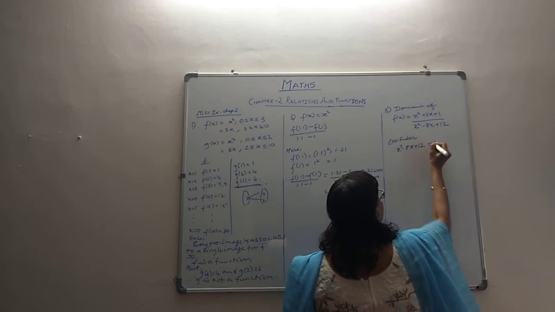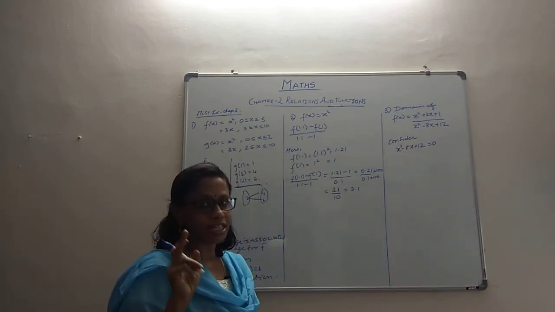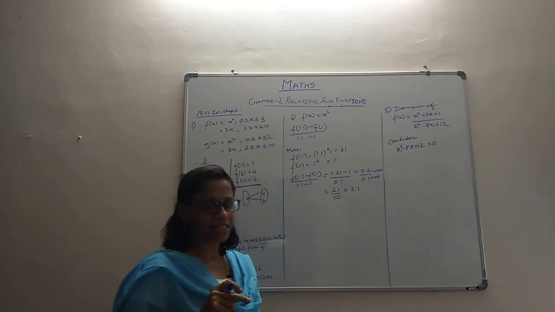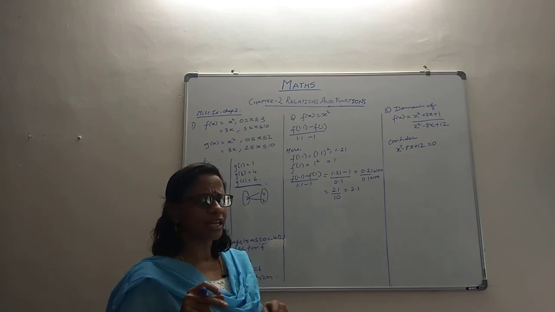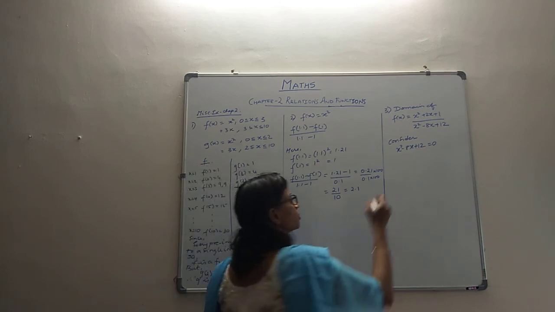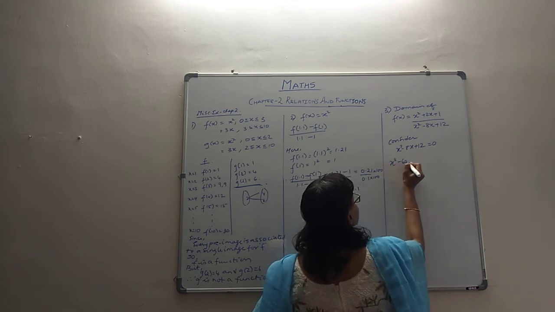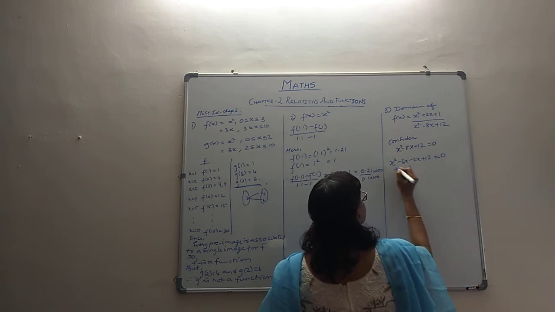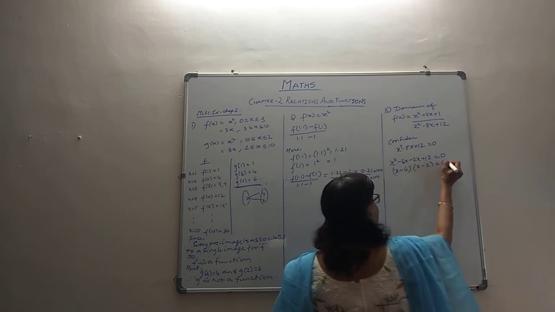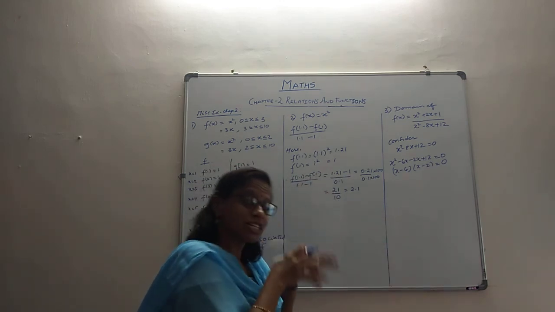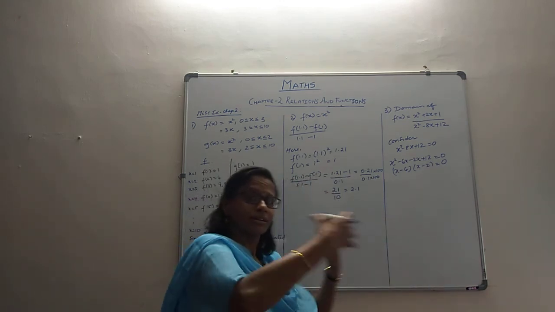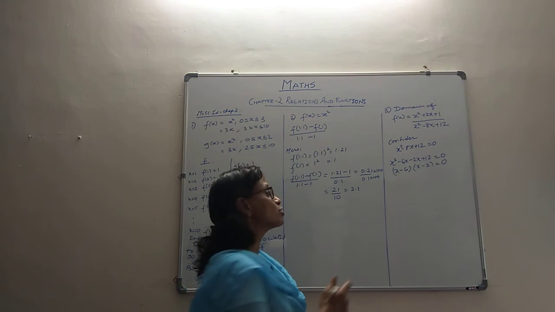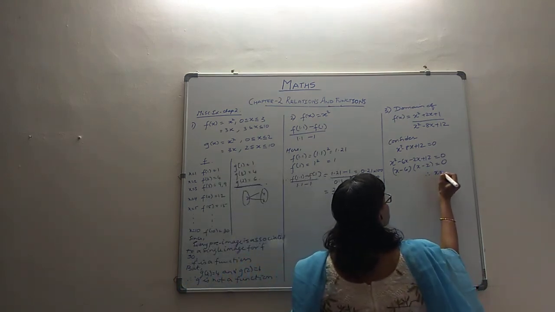A polynomial becomes 0 at its roots, so we will find the roots. So, x squared minus 8x plus 12, let's find out where it becomes 0. We know 12 can break as 6 into 2. So this will become x squared minus 6x minus 2x plus 12. Like that, this will become x minus 6 into x minus 2 when we factorize it, grouping into first group, second group, taking the common factor, and the remaining term. This is how we get the factors. Each bracket can be 0. So the value of x can be 2 and 6.